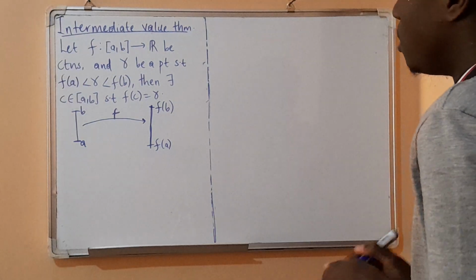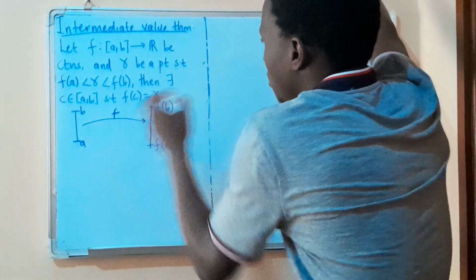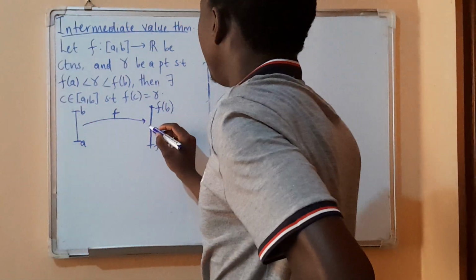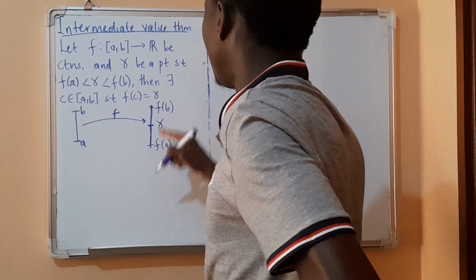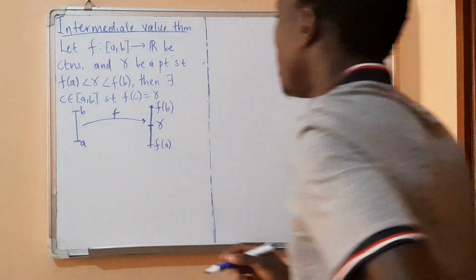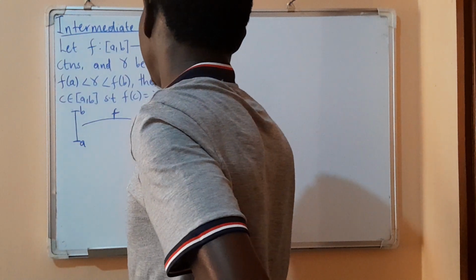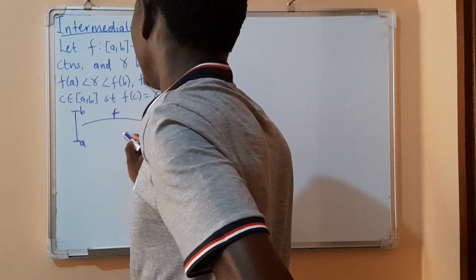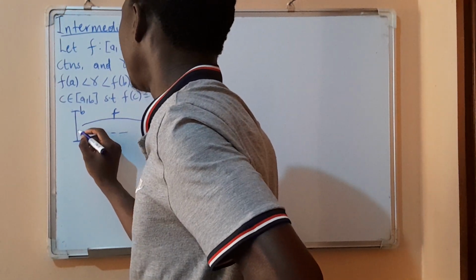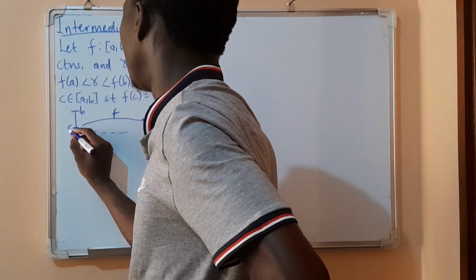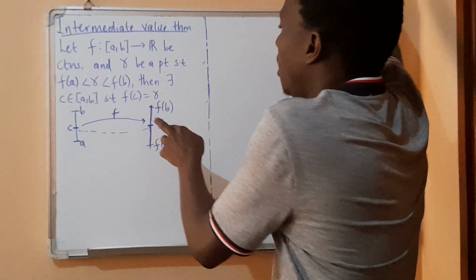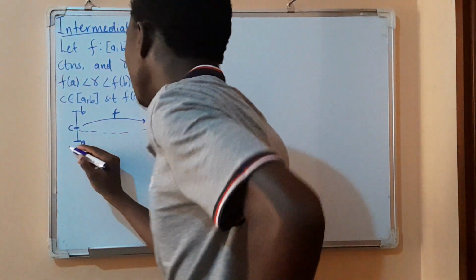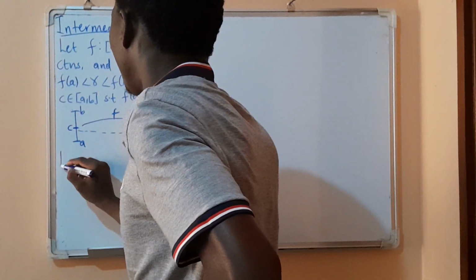So what are we saying? If we have something of this sort and gamma is a point in here, gamma is a point between f of a and f of b, then there exists a c from the interval ab such that f of c is equal to gamma. What does this imply? In simple terms, in other words,